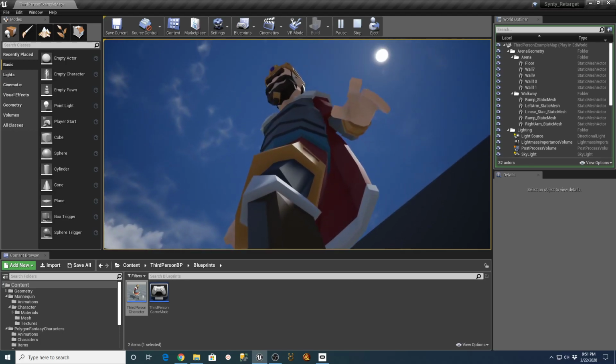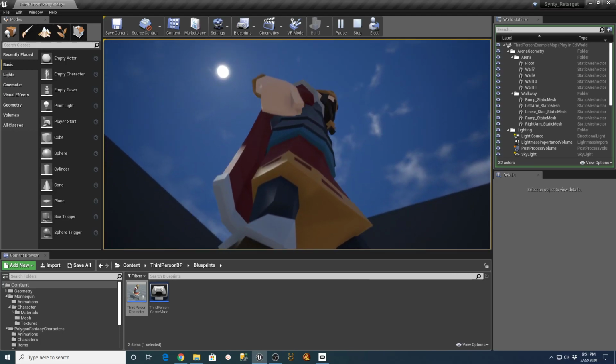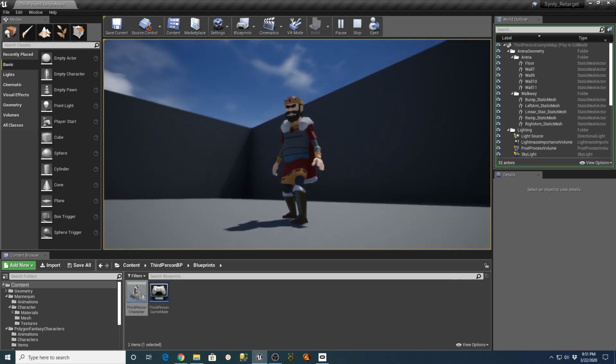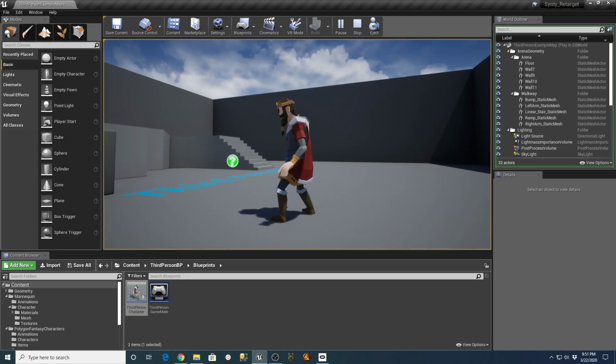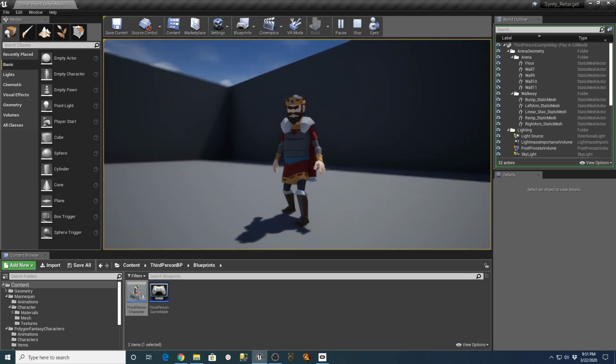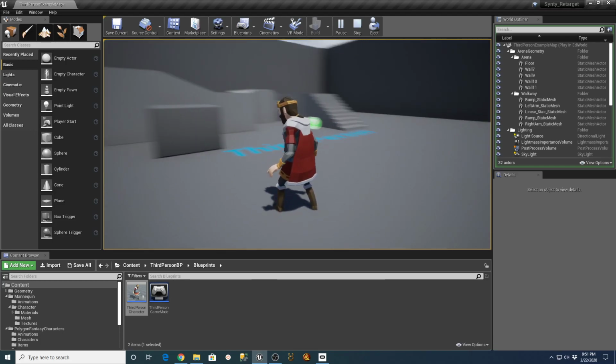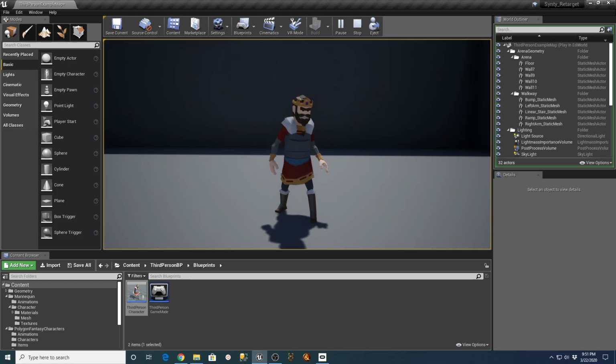Even with something simple like that hand distortion thing. Looks pretty good to me. I don't know, what do you guys think out there? You think that remapping works a little bit better? Kind of feel like it does.